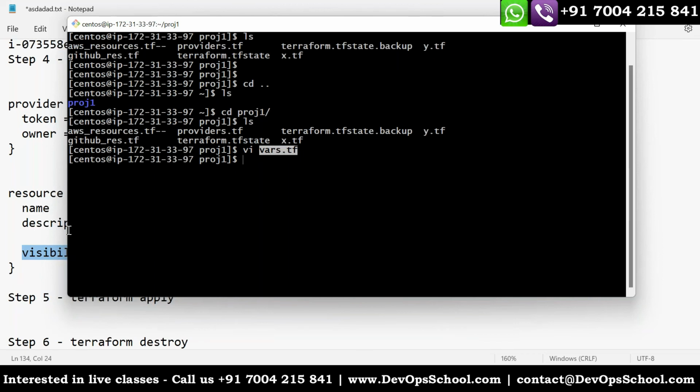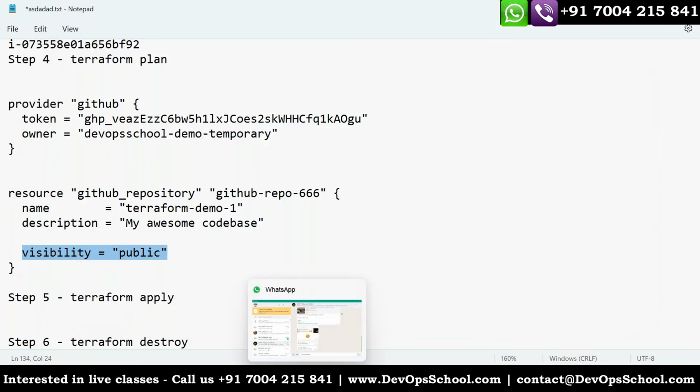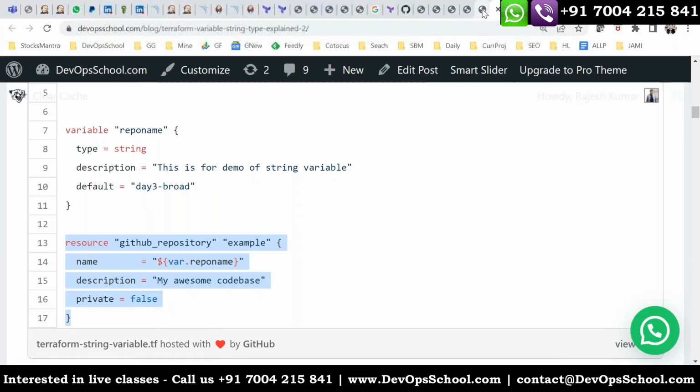Now this is a repository, and now I will run this, but you know what? I will play a trick. What trick? Plan, and I am overriding the variable through the command line.